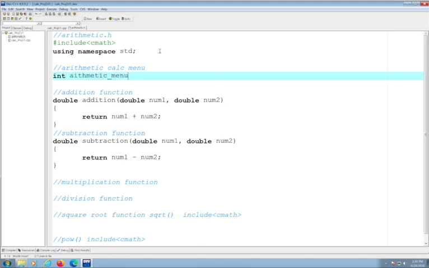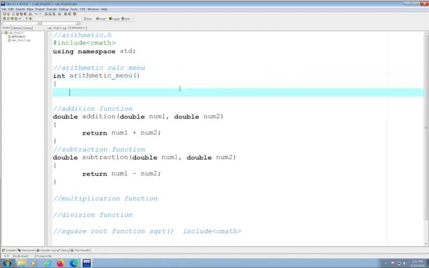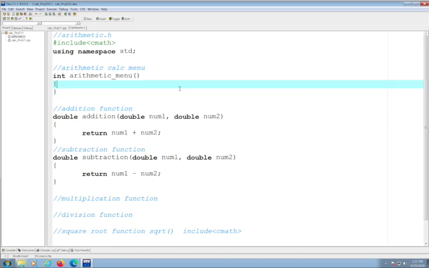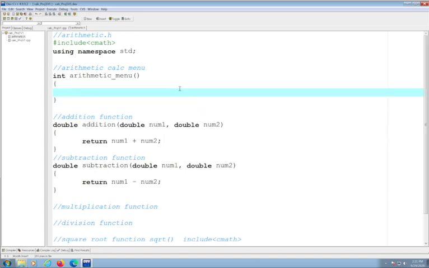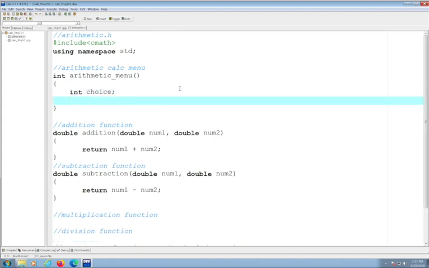Be as descriptive as you can. So you want your function names, your variables, right, to describe what they do. If I could spell arithmetic. There you go. And what this would do, it will simply display a menu, right? So we could have a cout statement and return some sort of, so int choice maybe. And then we'll have cout. And so we're going to have